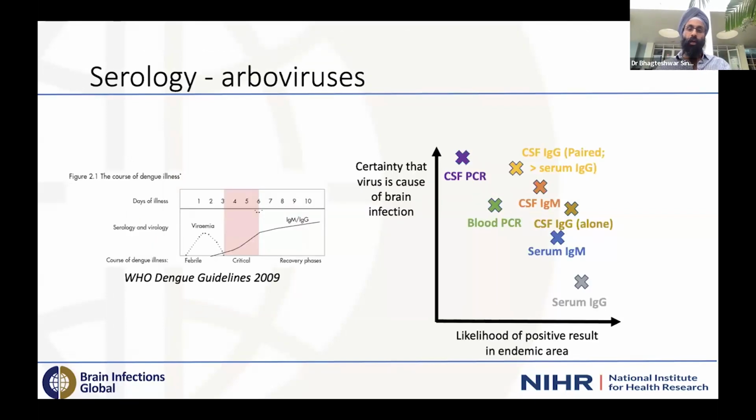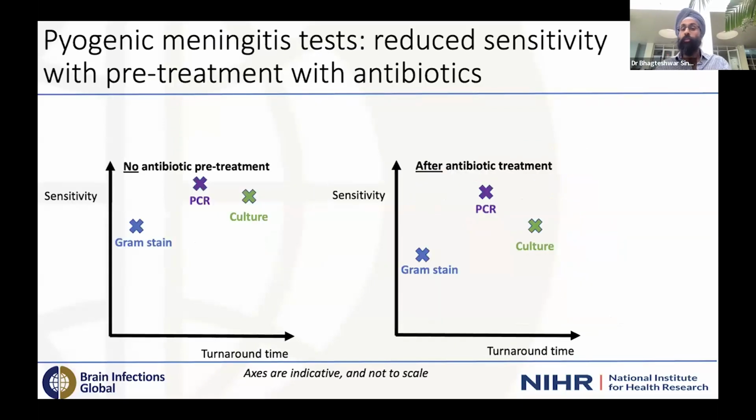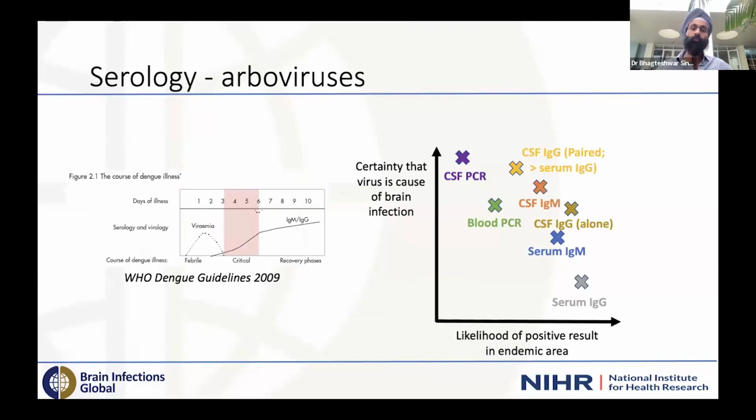And then PCR, however, and one of the things that might get around this challenge to an extent is newer tests, and PCR probably is much less susceptible to that effect of antibiotic therapy, because you might be able to detect dead or fragments of dead organisms, for example, within the cerebrospinal fluid.